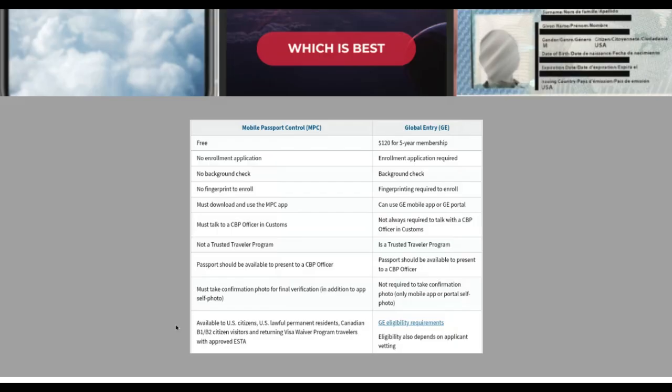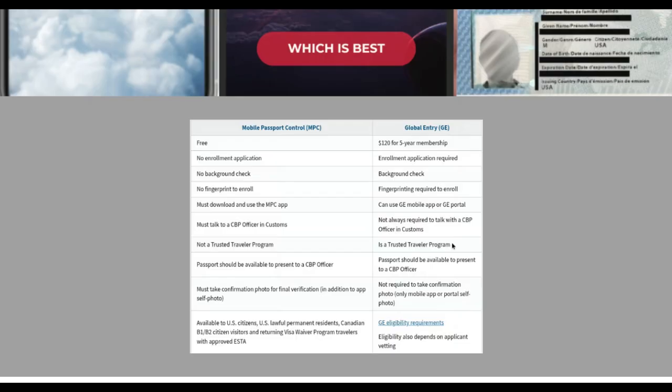And it is a Trusted Traveler program, which means whenever you order your airline ticket online, you can enter that number on your account. That way the TSA pre-check will print out on your ticket. Or if you forget to do that, whenever you go to the kiosk to get your ticket printed out, you can also enter the Trusted Traveler program number, and it will print out your ticket with